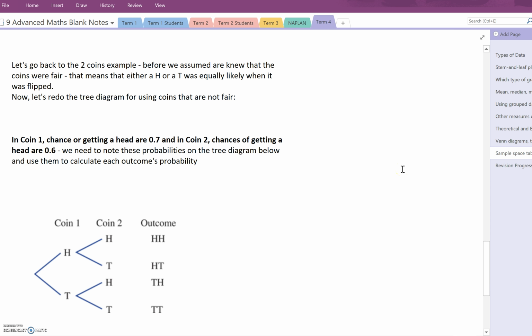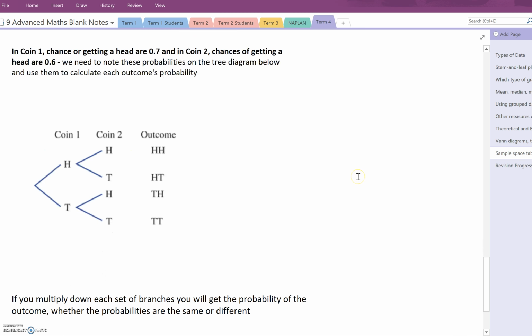Okay, so we're going back to the 2 coins example we had in the two-way tables. In that case, we assumed the coins were fair. You've got an equal chance of getting a head or a tail. But what if the coins were not fair, or they're weighted more to one side? In that case, we might see a different outcome. So here's some information about that. In coin 1, the chance of getting a head is 0.7. And in coin 2, the chance of getting a head is 0.6. So there are probabilities. We need to write these on the tree diagram and use them to calculate the probability